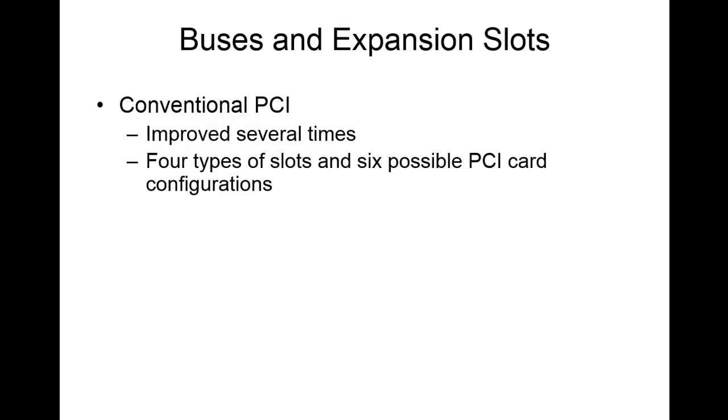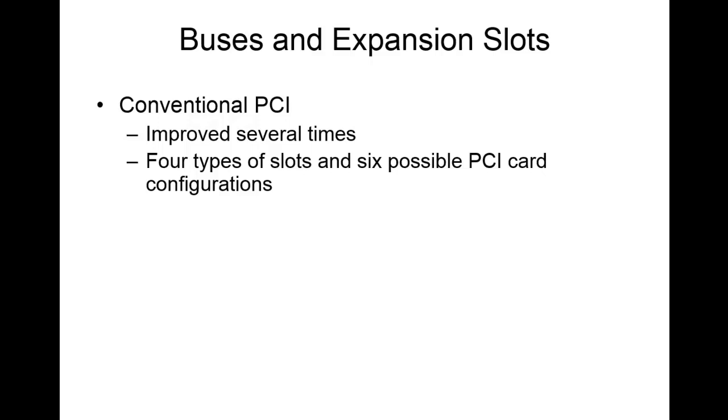Now, when we talk about conventional PCI, obviously we had to have a starting place, but then it has improved several different times. You have 4 types of slots and 6 possible PCI card configurations. If you look up some of these, you'll see that even within the PCIs, a first gen PCI might have a notch near the end of it, just a little ways in, whereas another one might have multiple notches. So a universal PCI card can use either a 3.3 volt or 5 volt slot